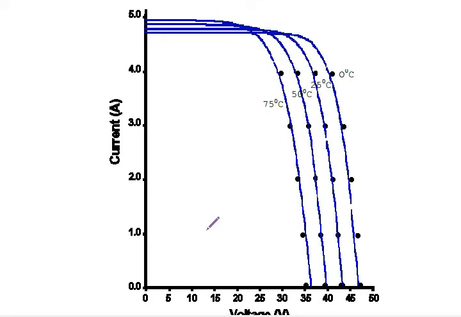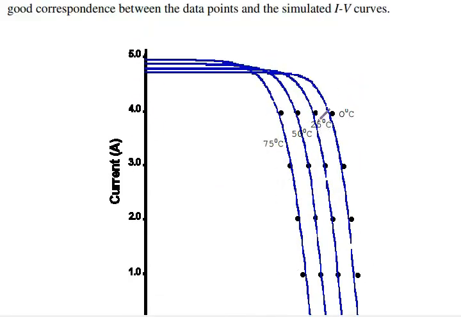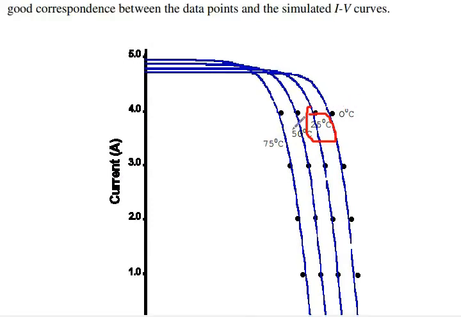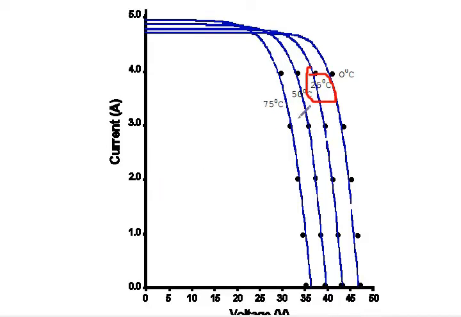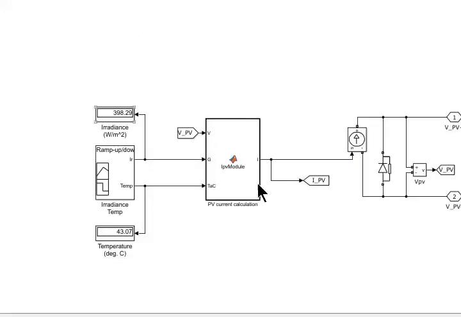The IV characteristics of a PV module will be like this. We are working at 25 centigrade. If you change the reference temperature, your IV curve will be like this one. If you increase the temperature, it will move toward the y-axis, close to the y-axis. If the reference temperature is decreased, it will move away in this direction. So here is our MATLAB model, the PV module.